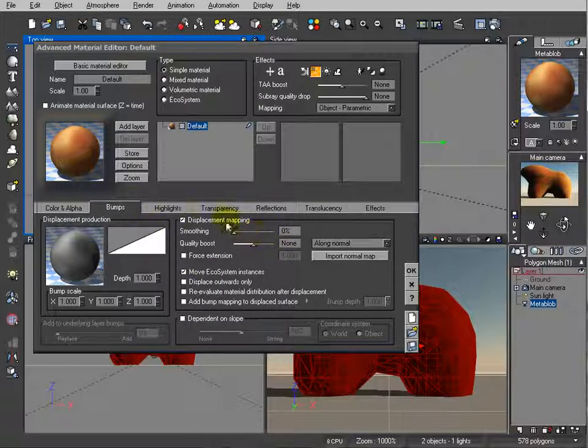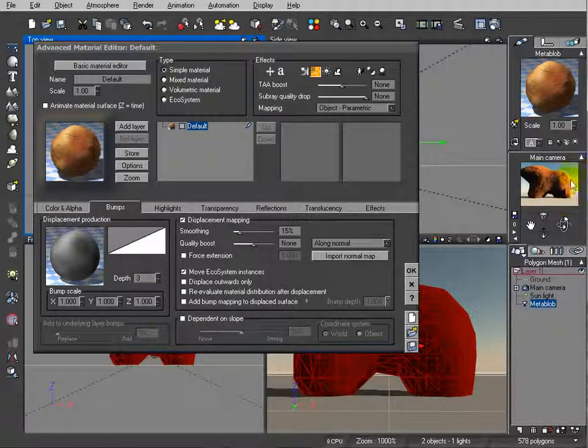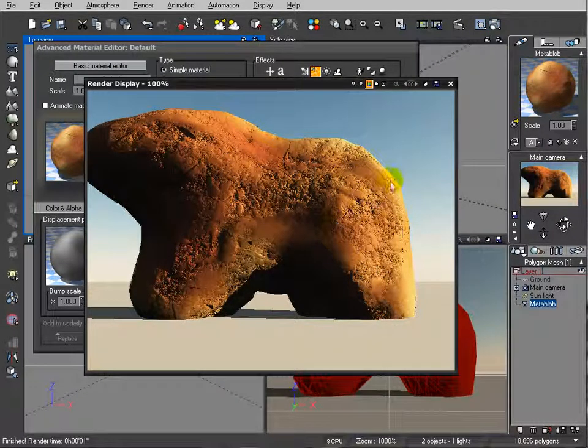A couple of things: if you want, you can increase the smoothness slightly. We'll have it better if we have it angular. And as well, if you want, you can increase or decrease the depth. This will affect quite a bit how much displacement will apply to our rocks. So right here you can see already, with a very simple and very fast setup,